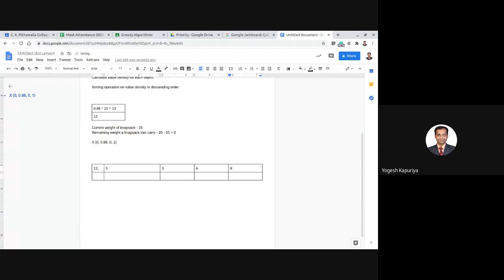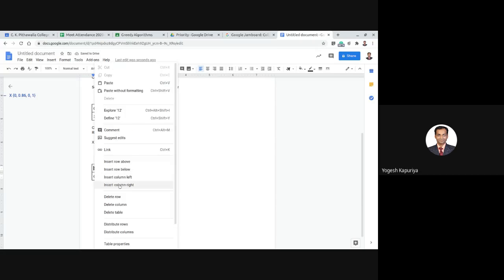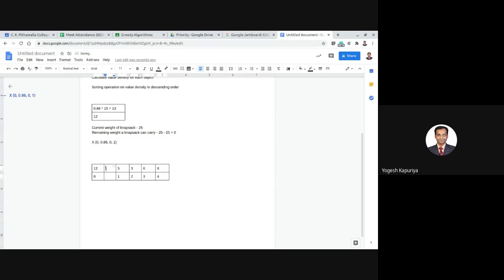Indirect sorting means instead of sorting values, you are actually sorting index. So if it's an array, it means that your index starts with 0. When you are implementing a C program or any program, your index starts with 0. So this is my value, right?